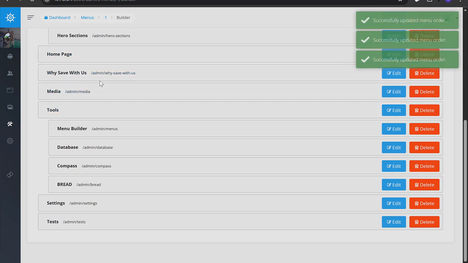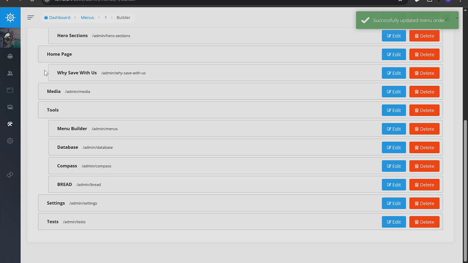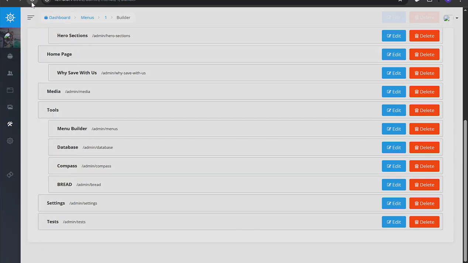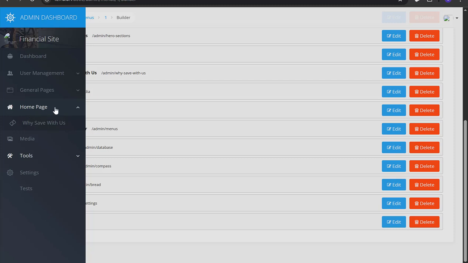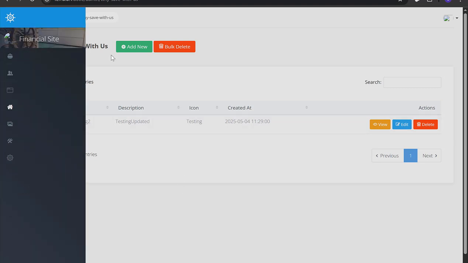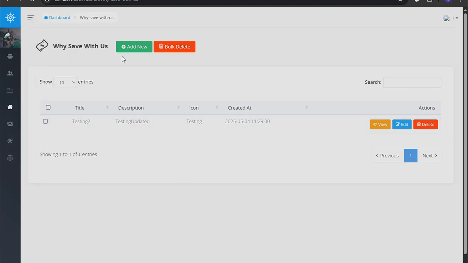So within the home page, we shall have the Why Save With Us. So I can drag it here. So you see that it is now under. When you leave a space, that means that this menu item is now going to be under the home page. So if I try to refresh, you can now see that the home page menu item is a dropdown and it has the Why Save With Us under it. And when we click on the Why Save With Us, automatically we are redirected to the feature that is used to manage the Why Save With Us content. So that is pretty much it in terms of the Why Save With Us BREAD and the migration files,